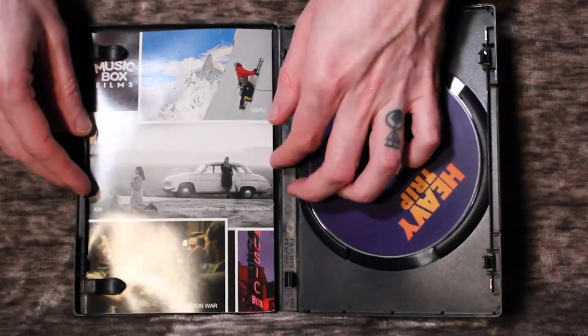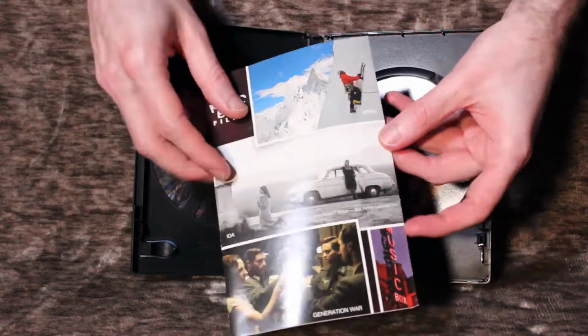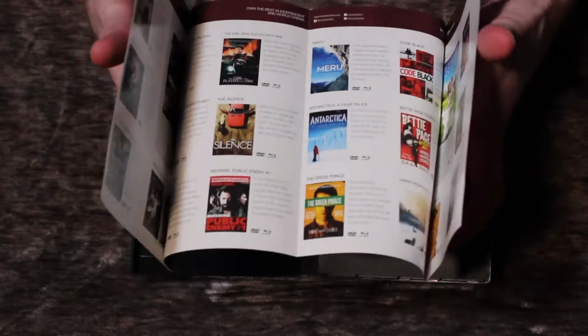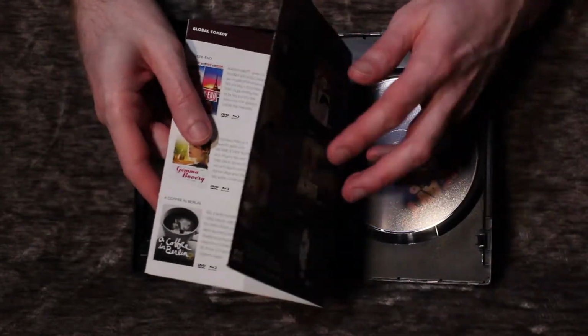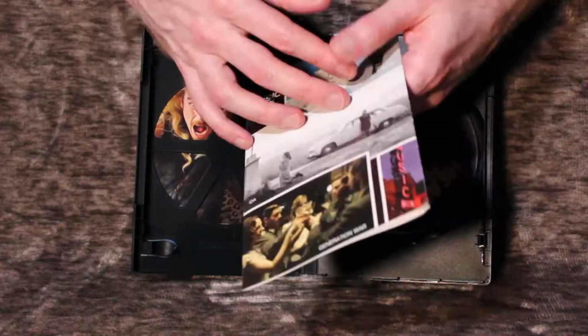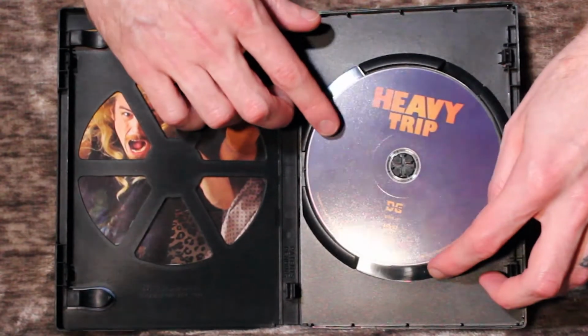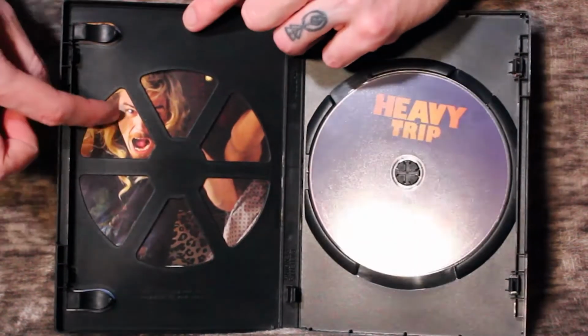Whoa. We even get pamphlets? Okay, so first off, I love when movies come with pamphlets. This is a catalog for the company I bought this movie from. I had to import this film from England because it did not get, to my knowledge, a North American DVD release. Disc itself is simple, plain, yet still stylish, and there's this great little feature where in the cutout window